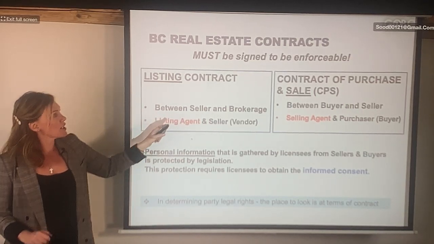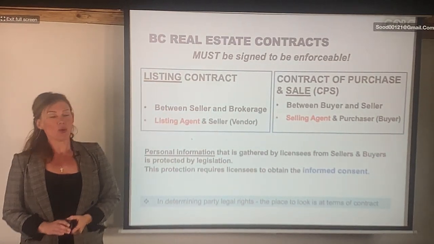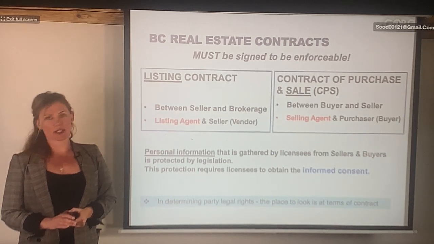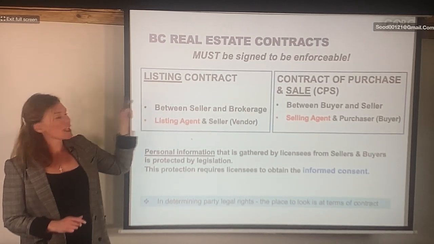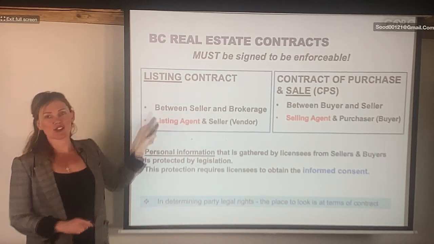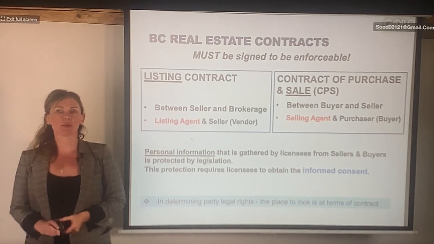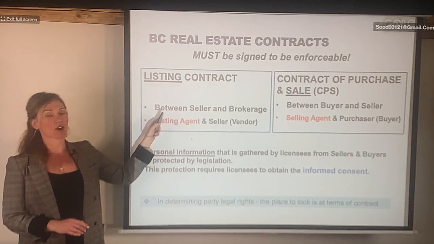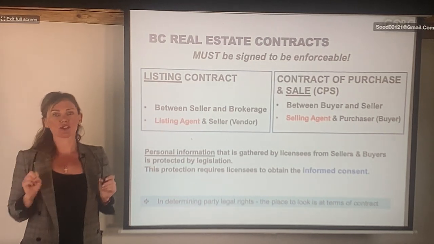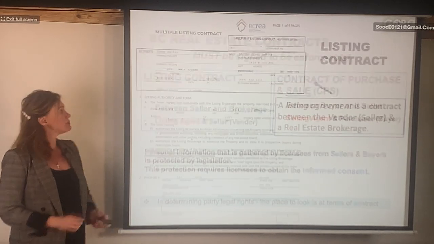So the seller, can he look at the contract of purchase and sale and see what terms and conditions the buyer has in there? No. Can the buyer look at the listing contract? Of course not, because that contract is between who? It's between the seller and your brokerage. Does the buyer have anything to do with this contract? Of course not. So if your buyer asks you, can I just look at the listing contract before I put in my offer? You say, no, you can't, because you're not part of this contract. So just know whose contract it is, who you're dealing with. And if they want to know their legal rights, or see the terms and conditions, they can only look at their own contracts to know what terms they have in there.